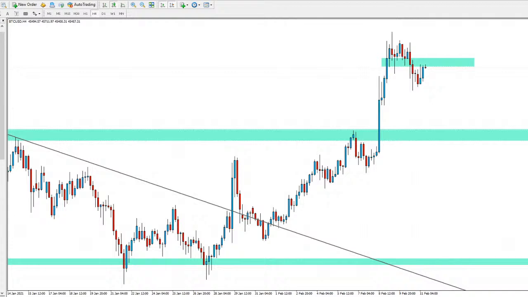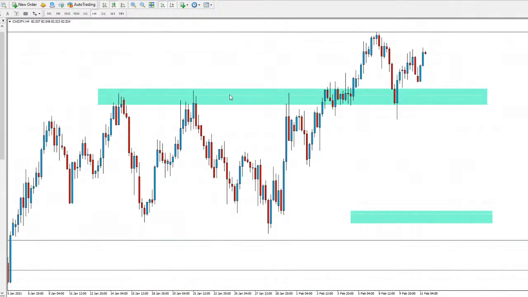Next, going to take a look at CAD/JPY. So for CAD/JPY, we found this resistance all across here. So resistance there, push to the downside, resistance again, second time, push to the downside. Third time, bit of consolidation, broke to the upside, now retesting their support. So again, as long as we hold this level, CAD/JPY does have a lot of upside potential, because again,